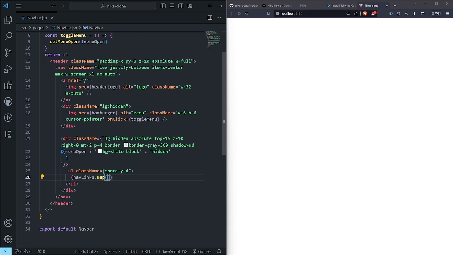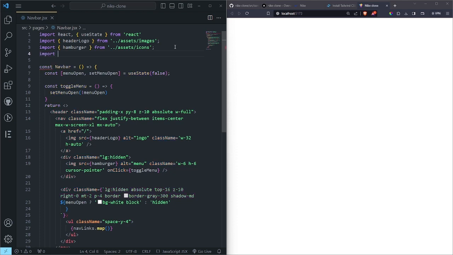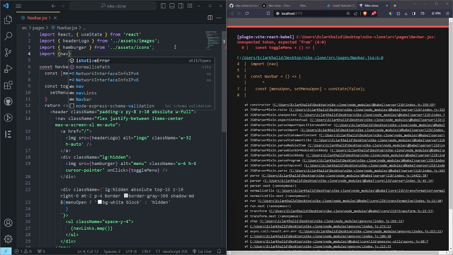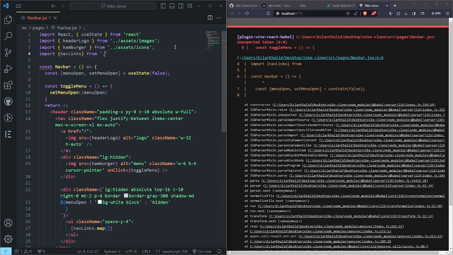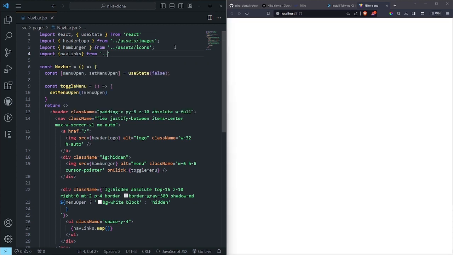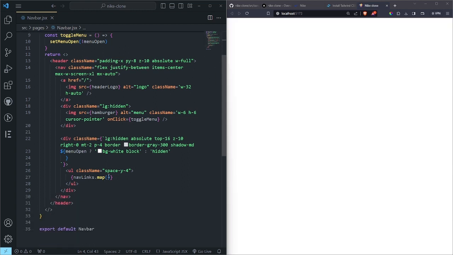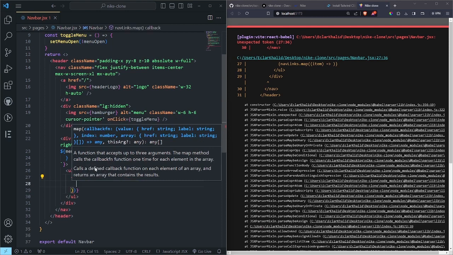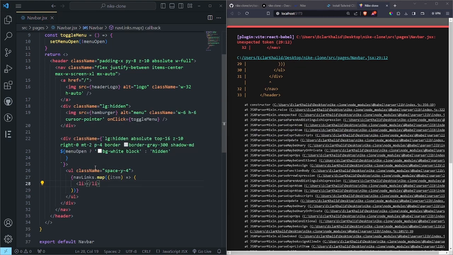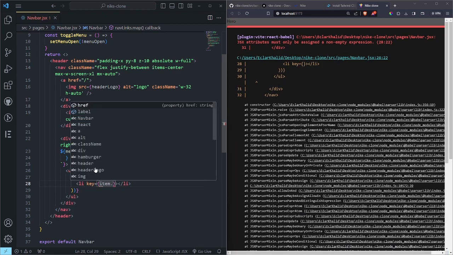So let's come back here and let's map our nav links, but first we're supposed to import our nav links, right? So let's say import nav links, and I'm importing them from the constants and then index, like that. So if I scroll down, we want to map them, and inside here we want to map item. So inside here we want to have an li, and then the li is going to have a key, and the key is going to be the item dot label,